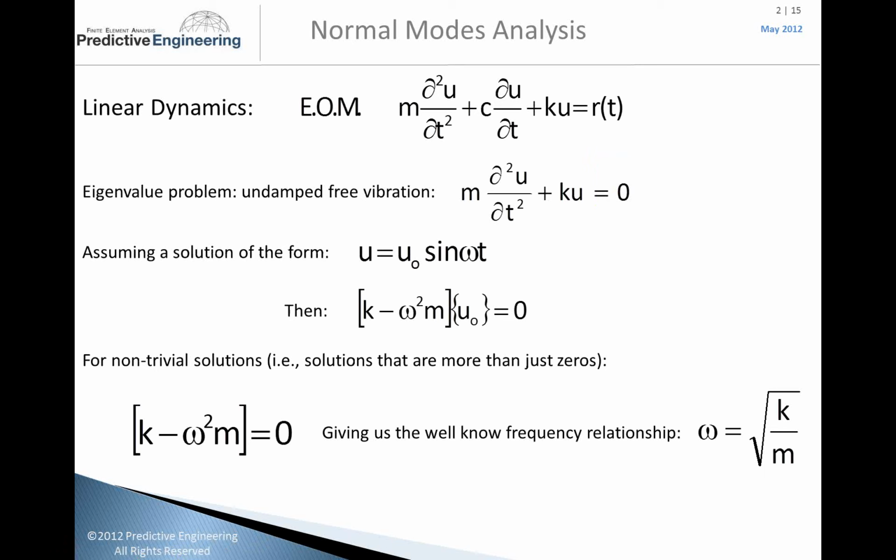This is linear dynamics. This is the equation of motion. You start out with your mass times acceleration, plus damping times velocity, plus stiffness times displacement, and that is equal to your forcing function over time. We've probably seen these in our sophomore or junior class in partial differential equations, and some engineering schools teach vibrations during the bachelor degree, but typically it's a master's program. But the eigenvalue problem is introduced in PDEs, and what you're saying is that there's no damping. Damping is removed, and there are no forces applied to the structure.